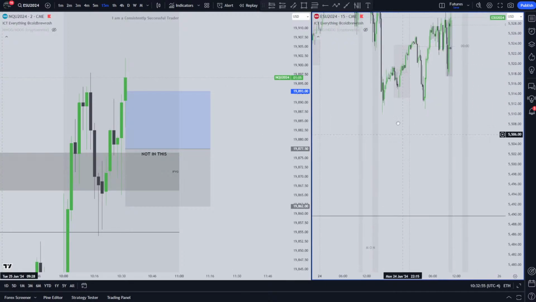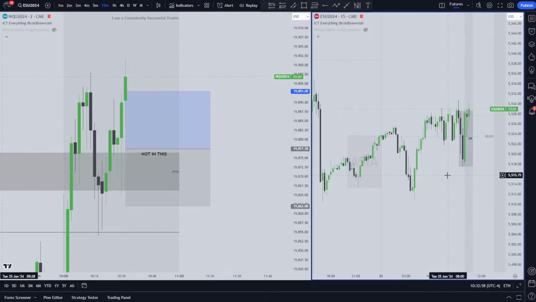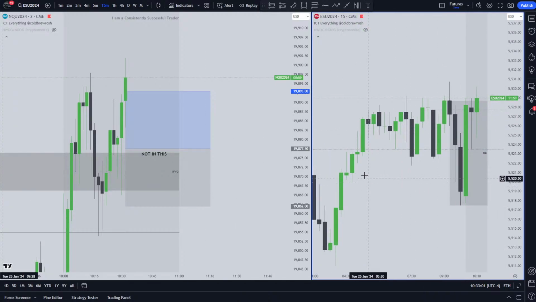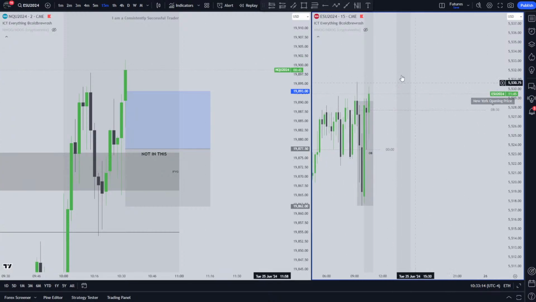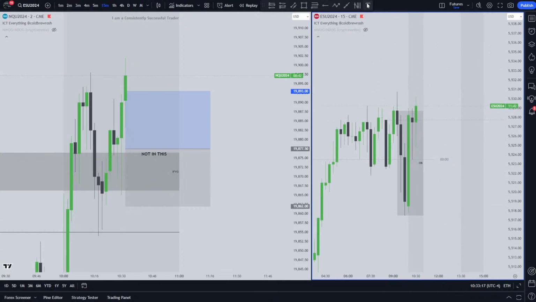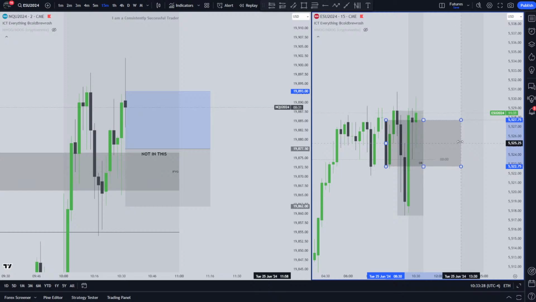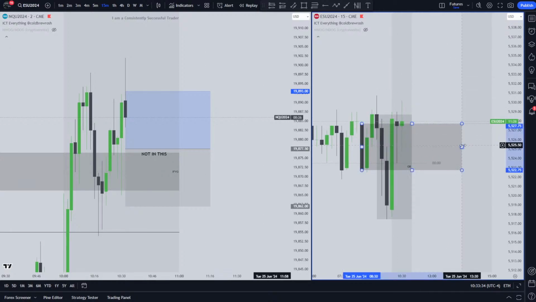Let me see. Let's analyze that 15-minute again. Oh, okay. So something I maybe should have paid attention to was that it closed above 830 and it actually closed above the other version of the reclaimed order block. So we've got multiple PD arrays here that maybe we could have used. Wait, I'll draw them out.